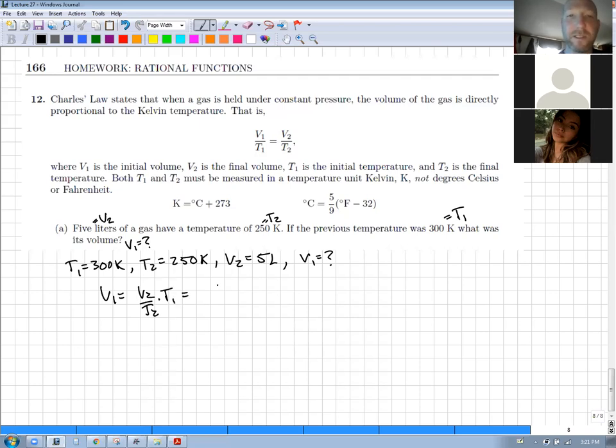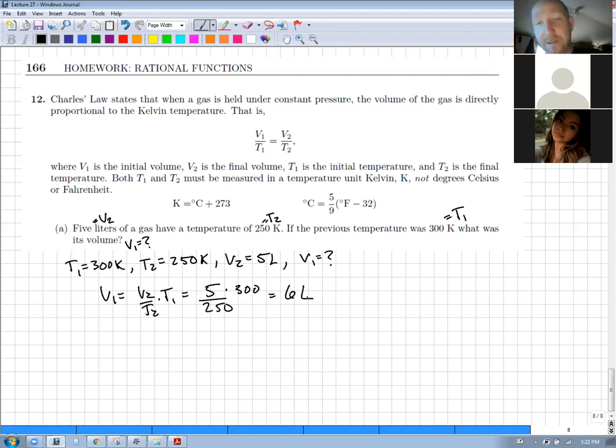So we just plug these in. 5 over 250 times 300. Our handy iPhone calculator here. 5 times 300 divided by 250 is